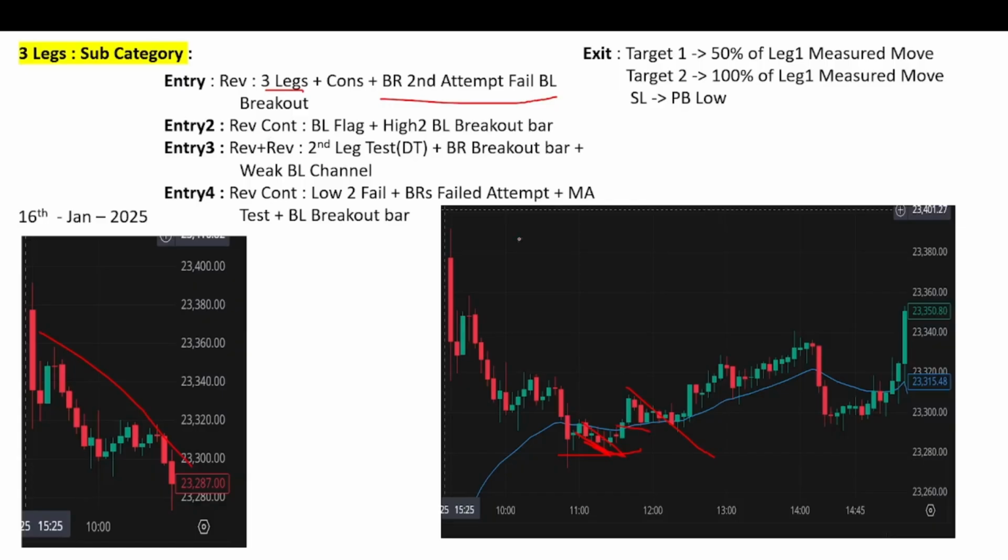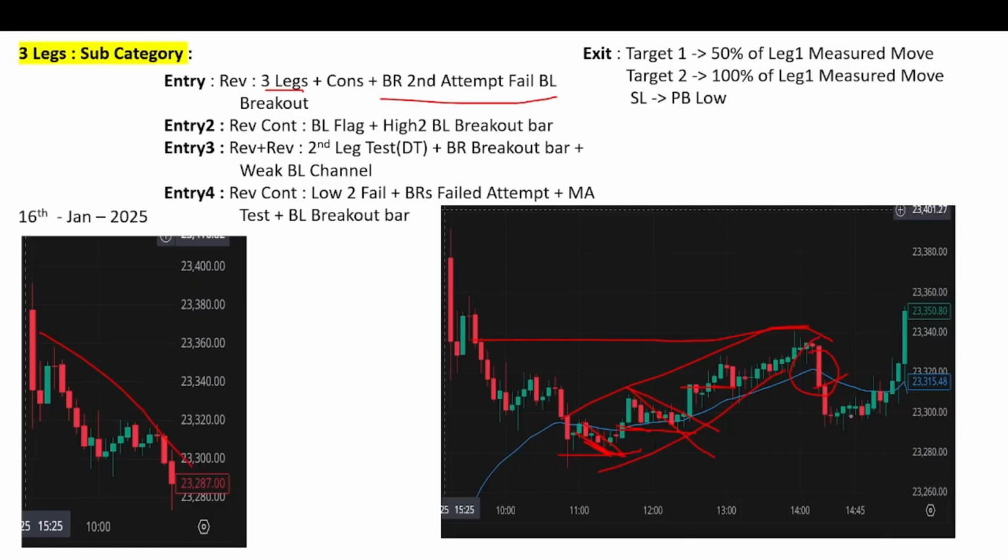Second entry is reversal continuation only, bull flag here and high 2 breakout, you enter here. And third entry is this reversal got reversed, so you are looking out for a broad double top and the second leg of your initial 3-legged movement to be tested and wedge top. So that met here and you got a bull breakout, and you enter here as your reversal plus reversal